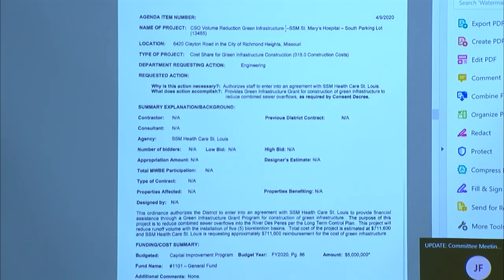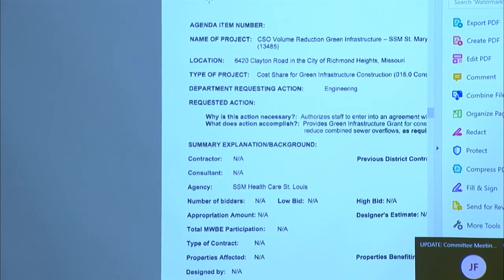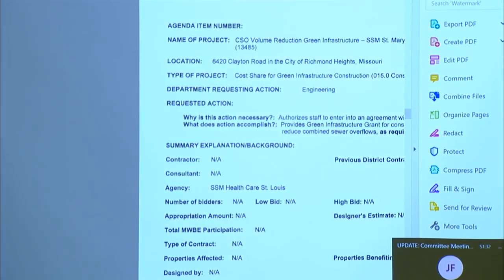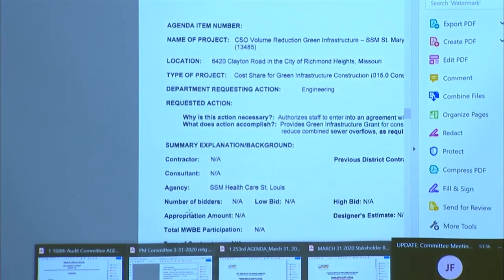The third item is the CSO volume reduction, SSM St. Mary's Hospital South parking lot. This ordinance authorizes the district to enter an agreement with SSM Healthcare St. Louis to provide financial assistance through the Green Infrastructure Grant. The purpose of this project is to reduce combined sewer overflows per the long-term control plan and the consent decree.